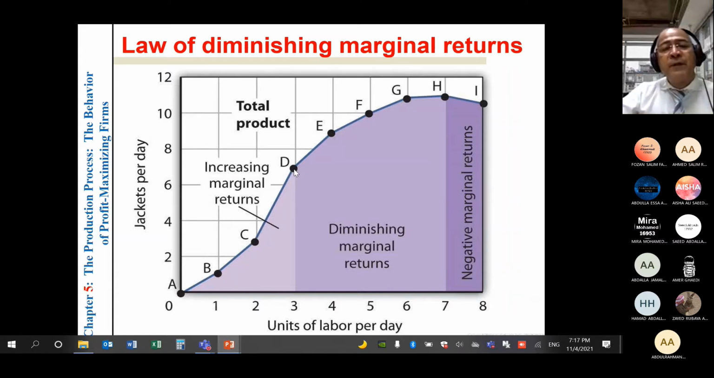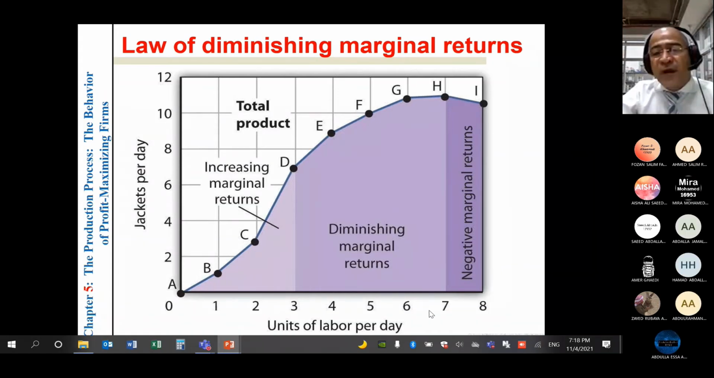After a certain point, after the inflection point on the total product curve, if we add more units of labor in our restaurant, total product will also increase, but at a decreasing rate, causing marginal product to decrease. Why? Because of the law of diminishing marginal returns. See here the seventh worker. The seventh worker caused output to increase, but maybe only 0.2, less than 1 unit, a minor, small increase